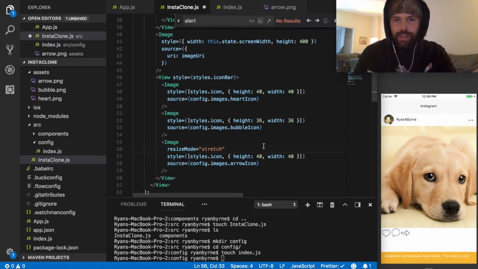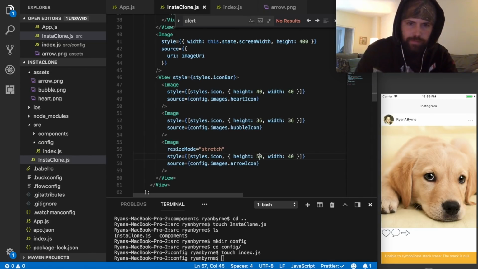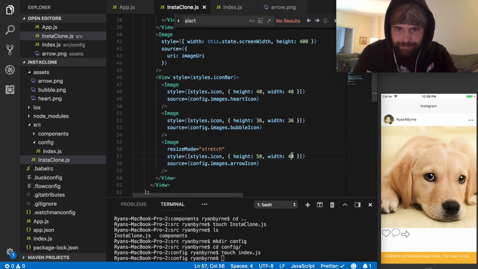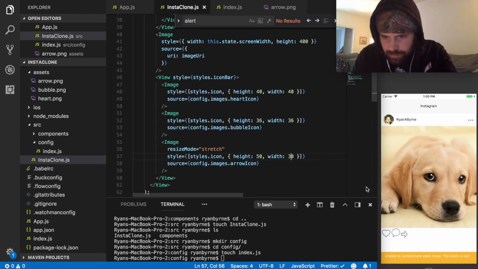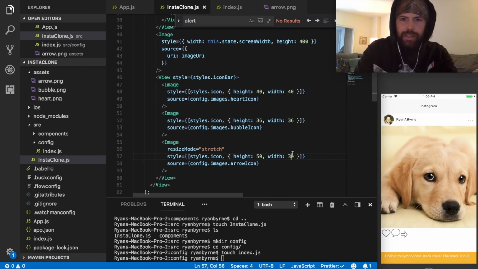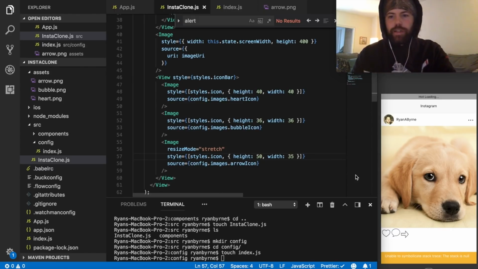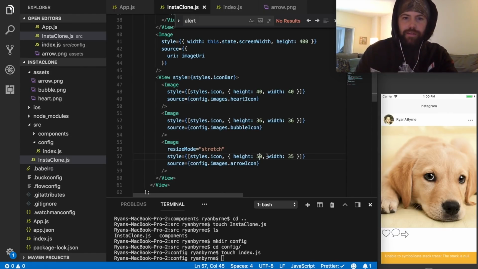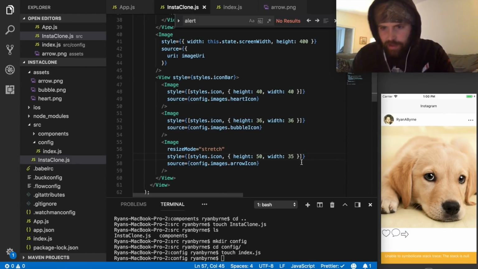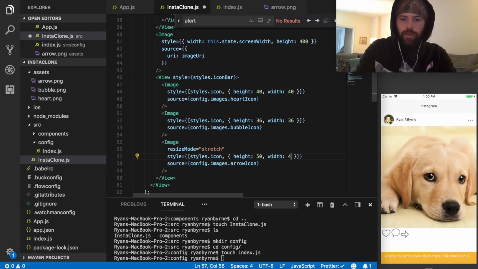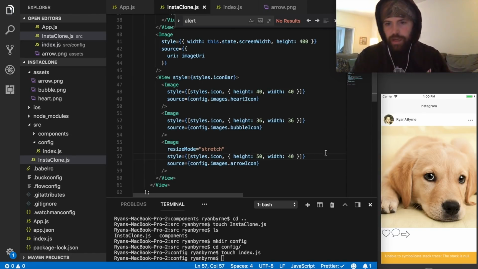Now we can stretch the image a little. So let's try this again. I mean, it's not going to be perfect. We probably need a better asset, but I want to get it at least okay looking. Alright, I'm going to do that, and I'm going to center these, and then that'll be good enough for our